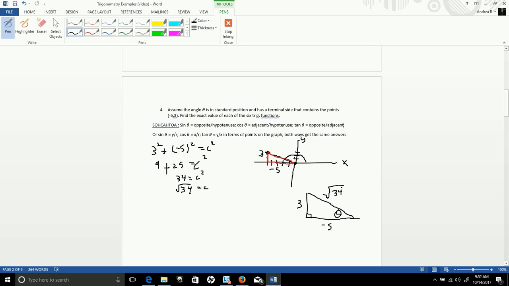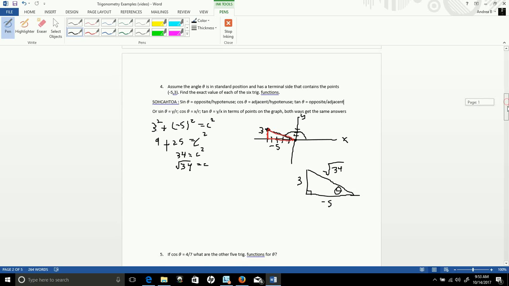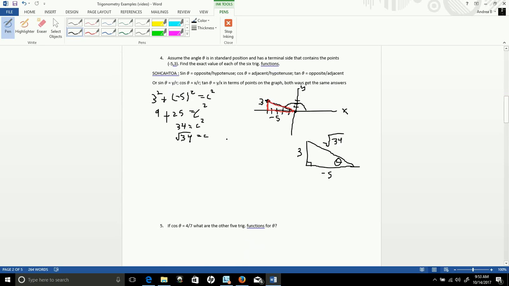Remember, if you are trying to simplify square roots, you're looking to see if there's any perfect squares that go into there, like 4 or 9 or something like that, that divides into that 34. In this case, there's no perfect squares that divide into there, so it's already simplified. So if we're trying to figure out our original sine, cosine, and tangent, first of all,